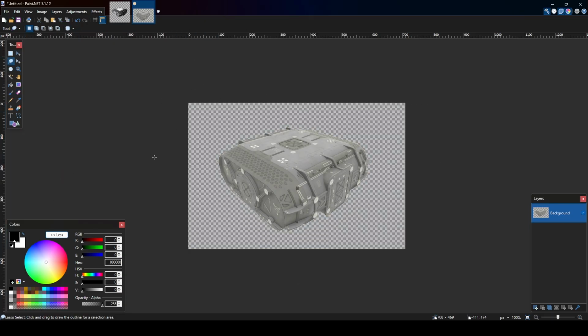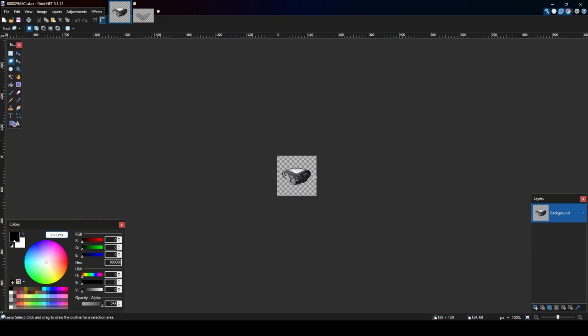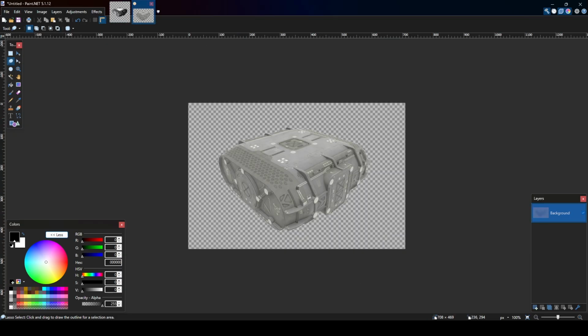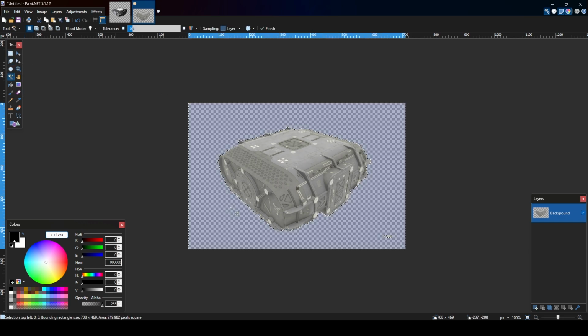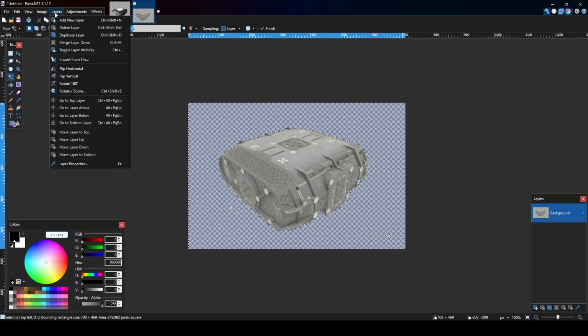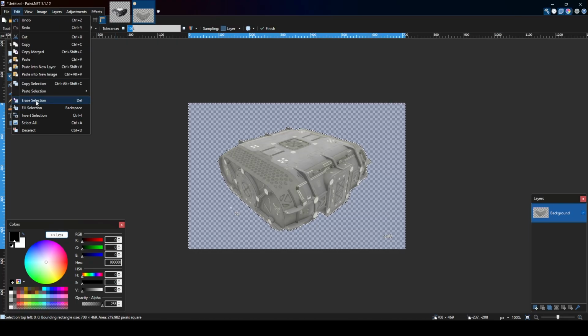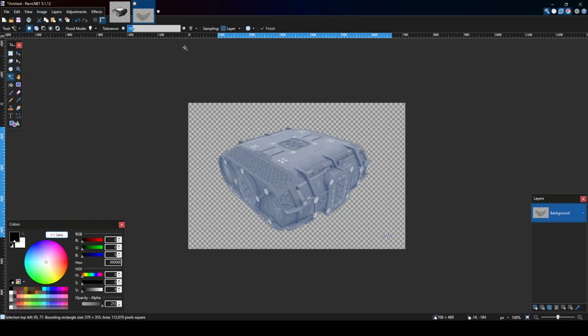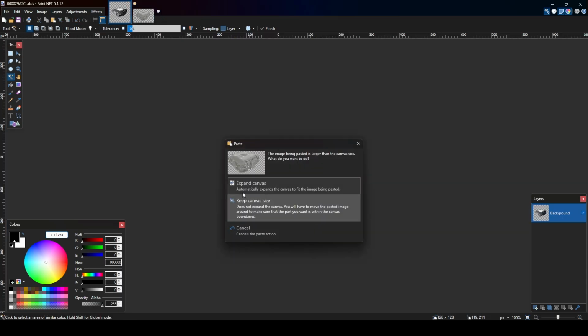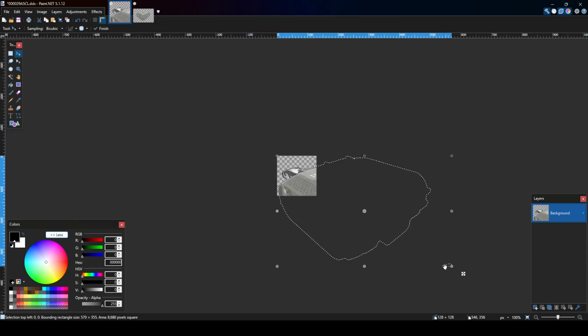But so, like, imagine if this was empty. So what I could do is I can take my object, where is select, invert, there it is. And I can stick it in my